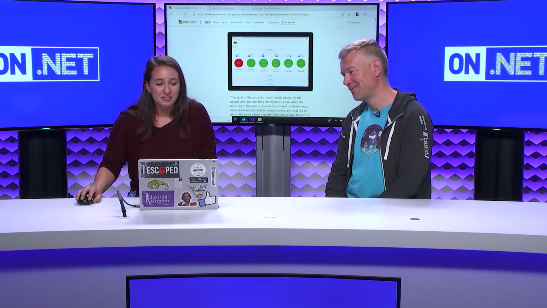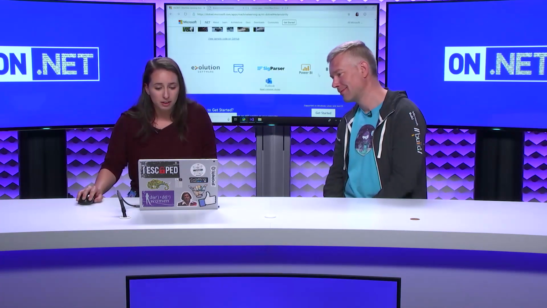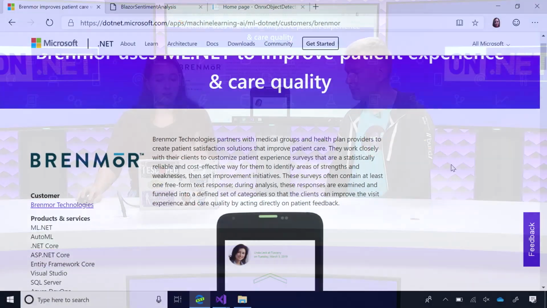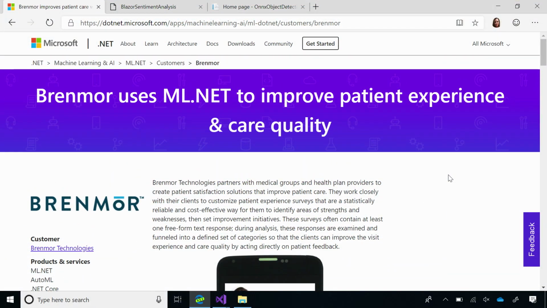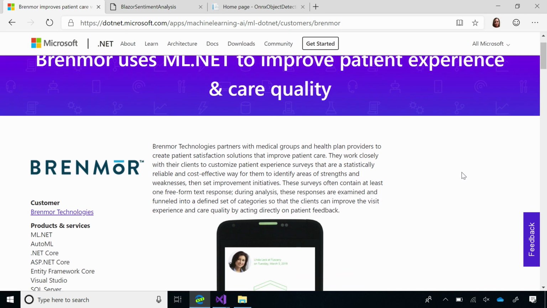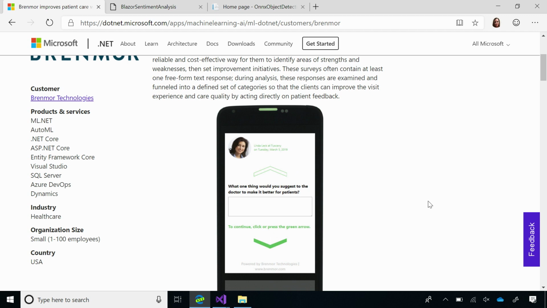Yeah. Then another case that we have, Brenmore, is really cool. So they do surveys for patients after they come to do doctor's visits, and they collect that data and try to improve the patient experience. And so what they had was all these surveys and all the survey data, and they had these free-form comments, and they found that it took a really long time to parse through them manually and then direct it to the correct personnel.